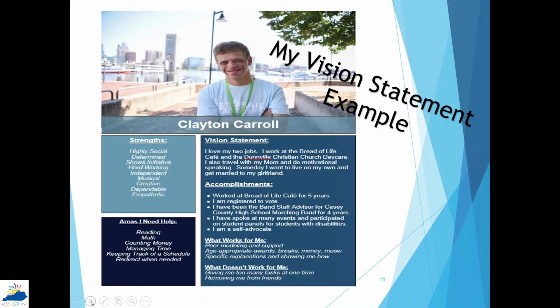This template will have a young man. It won't have my son on it. The template that you're getting in your handouts has Andy Meredith on there, and it's where I used Andy's to make Clayton's. This is my son Clayton's. So you'll have Andy's version, and it's a Word document you'll be getting, and all you'll have to do is just type your information right over top of it and then do a save as, and it will save your information. And that's what I did with Clayton's.